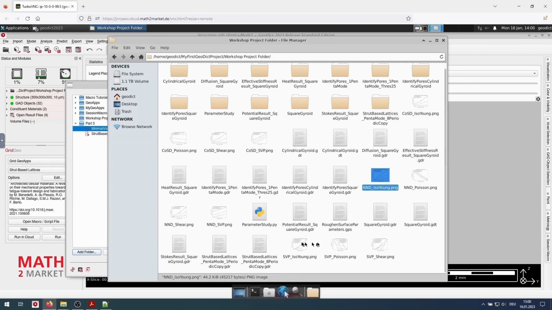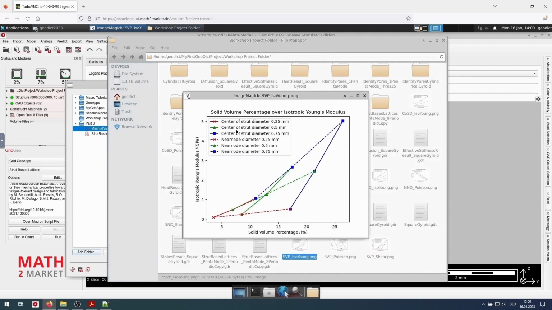Finally, looking at the solid volume percentage compared to the isotropic Young's modulus, here we also have the center of strut diameter and the near node diameter independently plotted. So we can see that if the solid volume percentage increases, also the Young's modulus increases, or for this line.